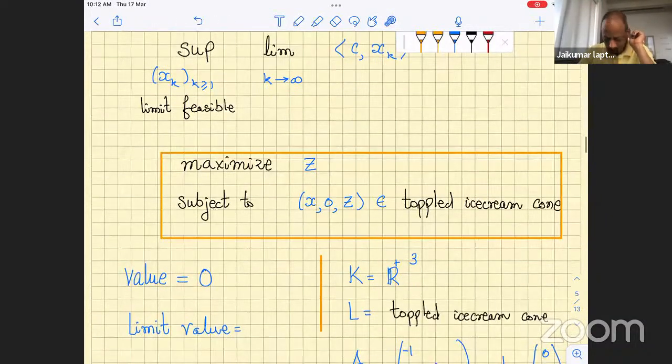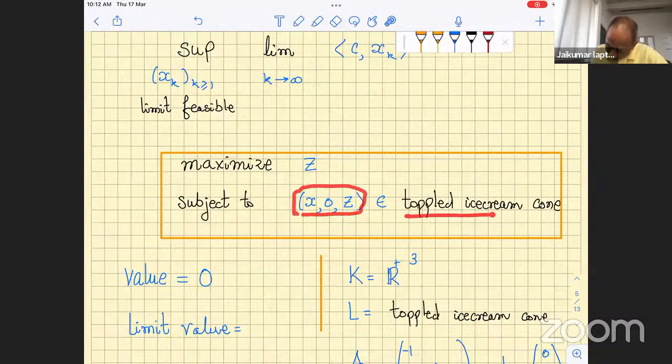So consider this cone program. This point should be in the toppled ice cream cone. And why this is a cone program, we'll see. But look at this. We are looking at all points whose y coordinate is 0, and